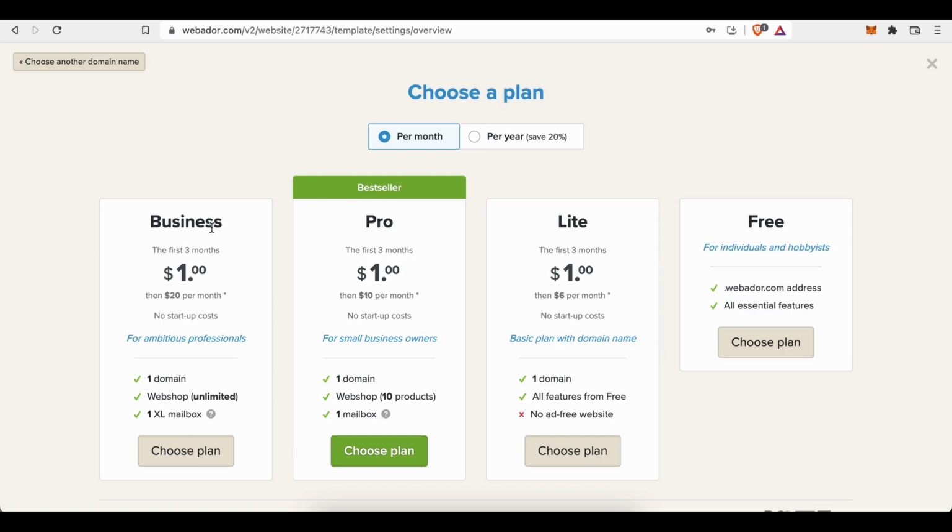So we have the business plan, then it's the first 3 months $1, then $20 per month, no startup cost for ambitious professionals, one domain, web shop unlimited, one Excel mailbox, and then we have the pro version